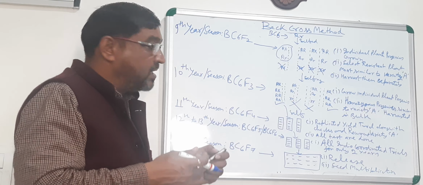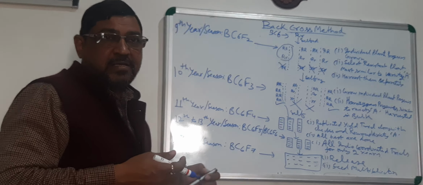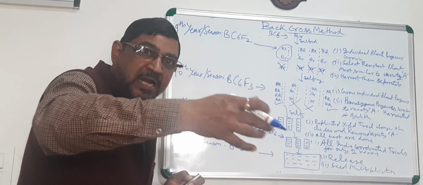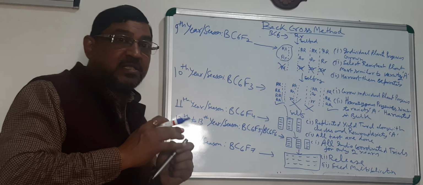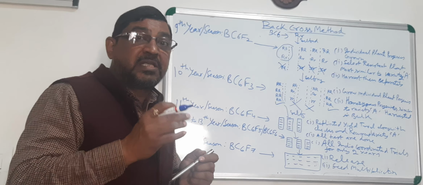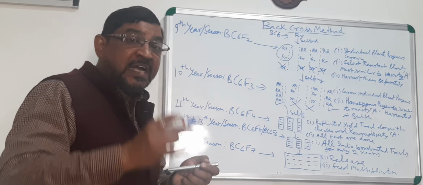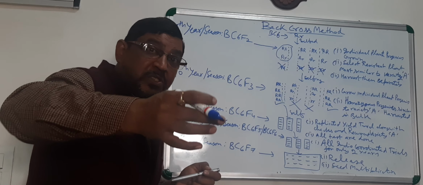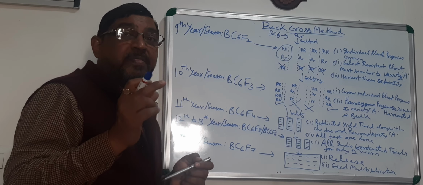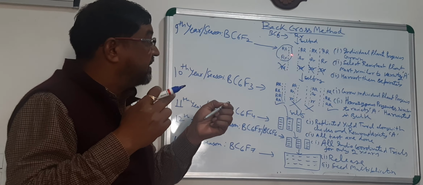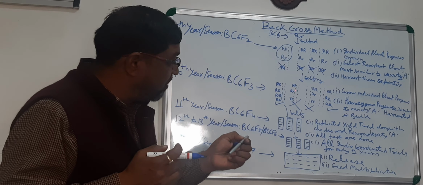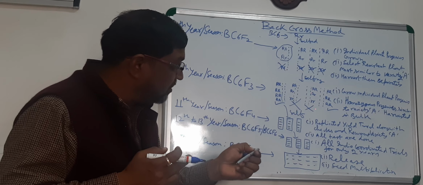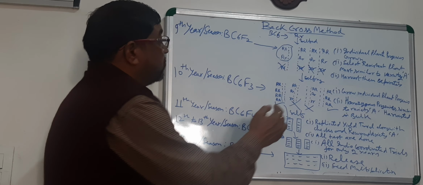If you have saved that, all the plants are capital R. So all the plants in that progeny will be resistant. Not a single plant will you find which is susceptible. Once you find a single susceptible plant in that progeny, it means the plant which you had selected was having capital R small r. So you are going to get this type, and you reject this type.